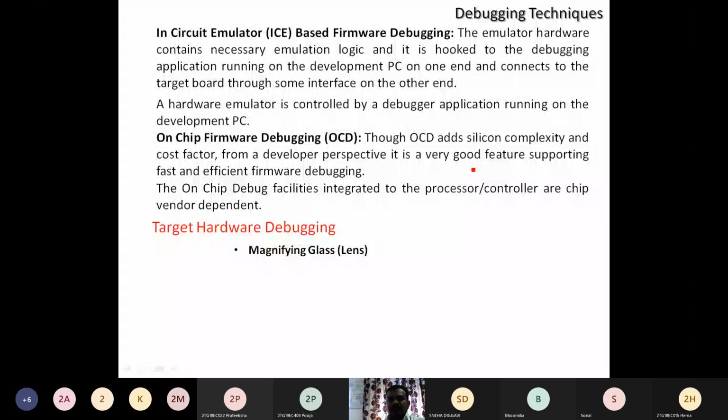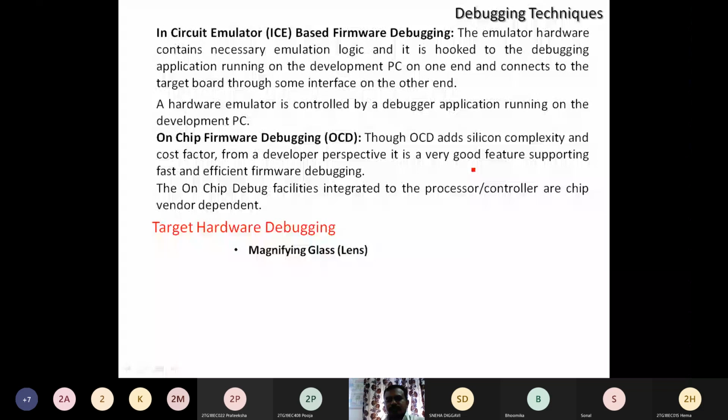If the hardware is on the table in the lab, how are we going to debug and test it? One tool is the magnifying lens, which is used for checking errors in the circuit, for testing purposes, and for debugging the respective circuit.